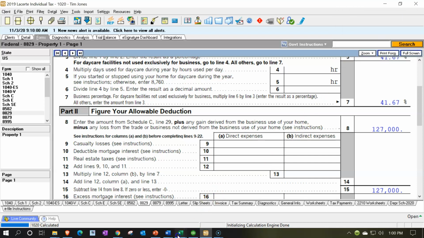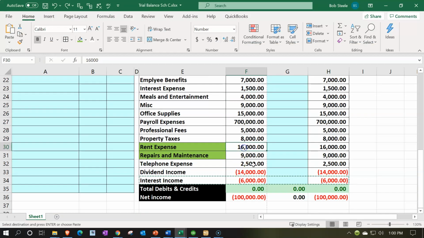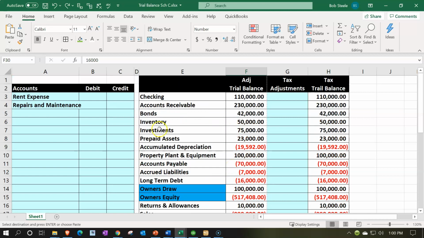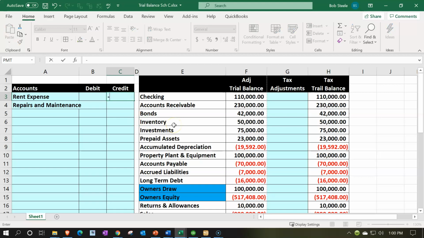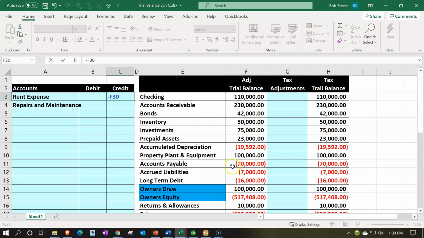If I go back to the Excel worksheet and say that, okay, I have this number, which took the full amount. I need to decrease it by the amount that's not deductible. So the amount that's not deductible is 1 minus that percentage. So I'll do it this way with a formula. I like to use a formula because it allows me to go back to the worksheet and see what happened when I go back to it. So I can say this is going to be negative, flipping the sign, making it a negative number. I'm going to pick up this 16,000. You got to make sure this column, don't pick it up from this column, or you're going to get a circle reference. And then I'm going to say this is going to be times brackets 1 minus